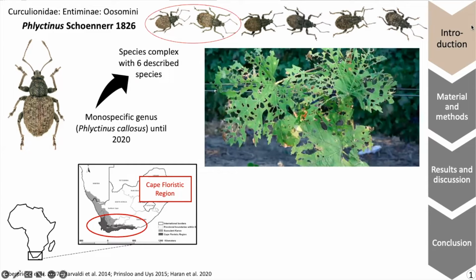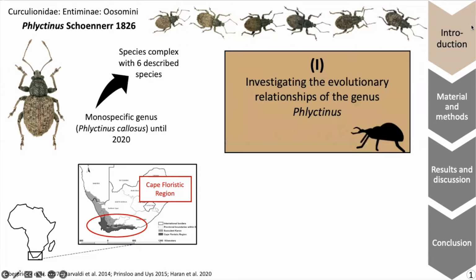Among the known species, Phlyctinus callosus and Xerophilus are major pest species on apple and vineyards, causing this kind of damage. The full picture of the diversity of this genus is far from being complete, since preliminary investigations on the morphology and molecular diversity of recognized species have revealed potential additional cryptic lineages. The first aim of the study was therefore to investigate the evolutionary relationships of the genus Phlyctinus.